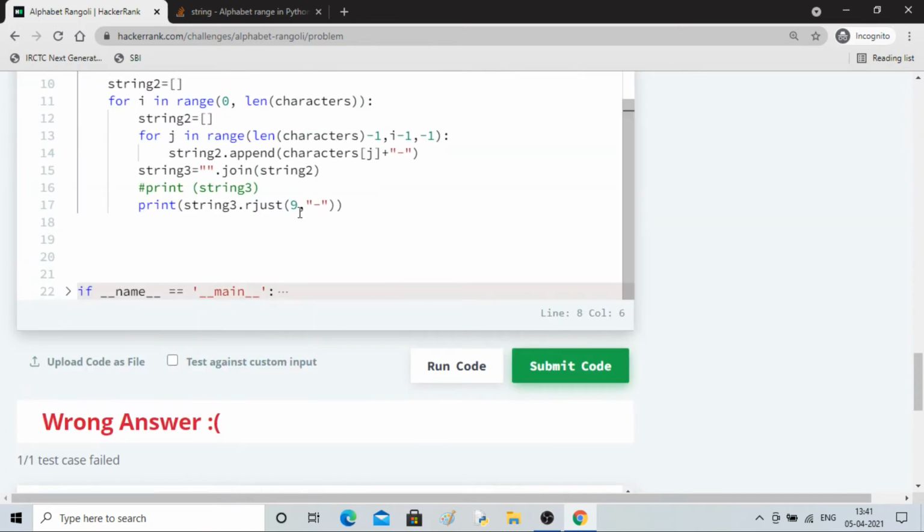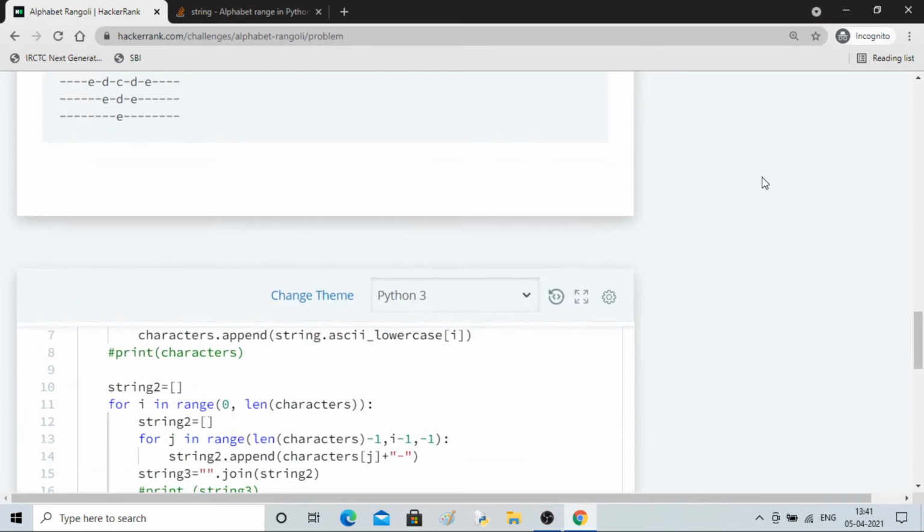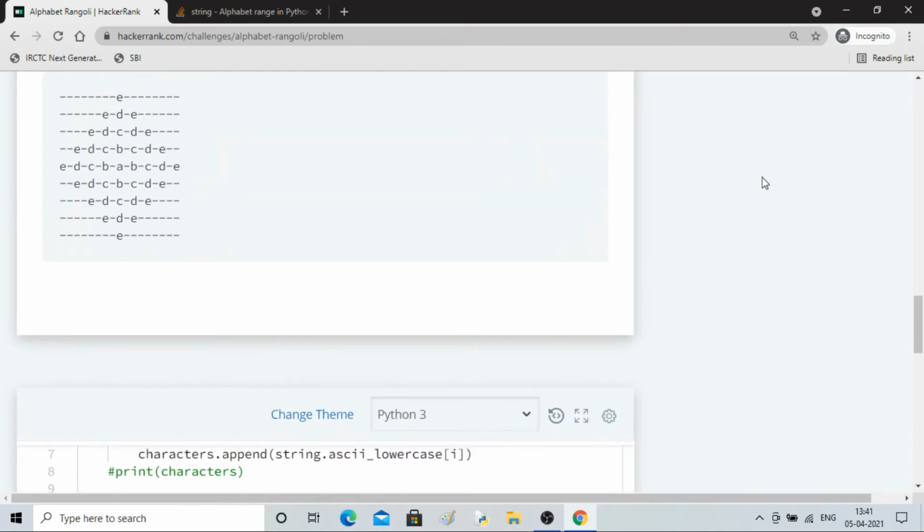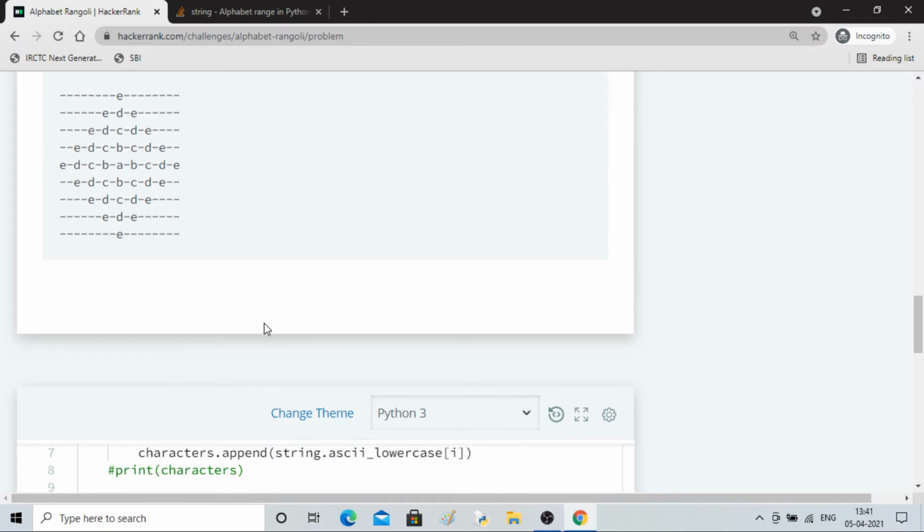Now I have to change this 9 to something variable. So my size is 5, so 1 2 3 4 5 6 7 8 9. Size divided by size minus 1, if I do that, it works, right?